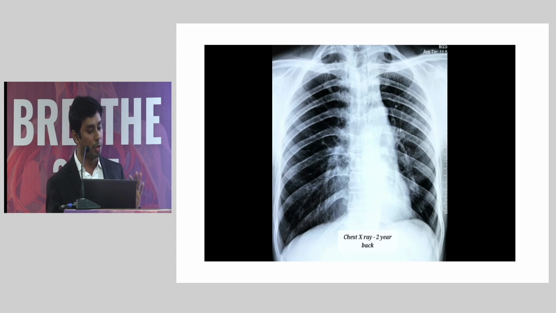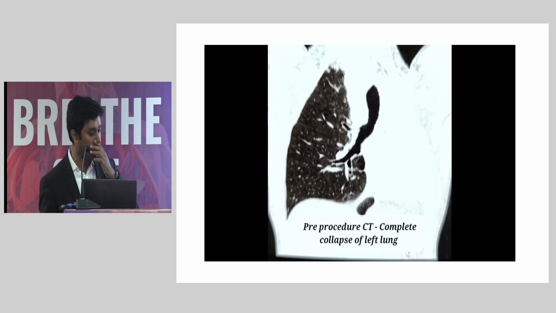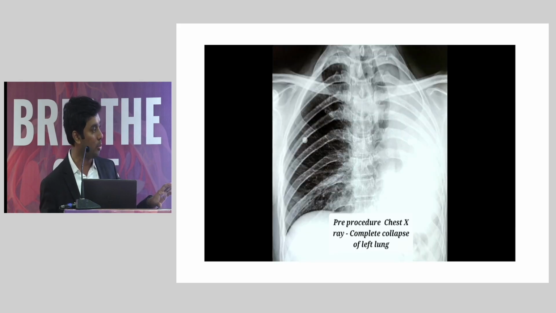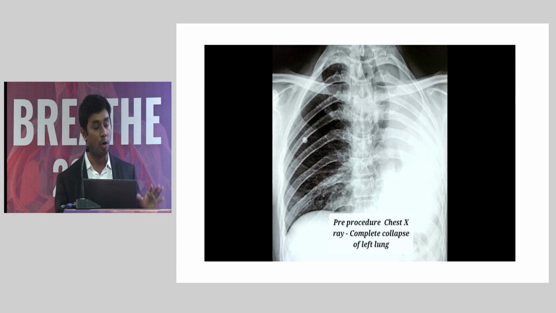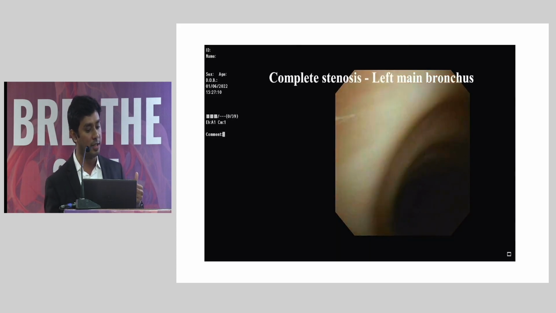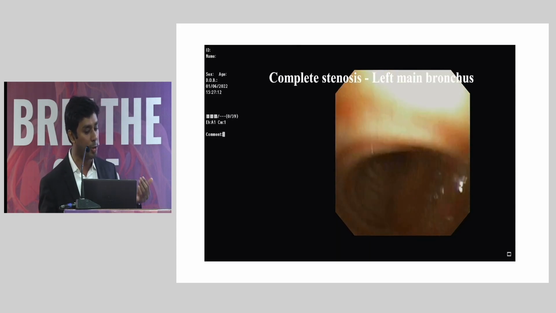And this patient roamed around for almost 6 months and then came to us. So when the patient came to us, it was quite interesting because what you can see is that at the end of the treatment, there is a complete closure of the entire left main bronchus and there is no left lung. So after 6 months, salvaging the lung is very difficult. You don't know whether the lung is going to be salvaged or not.